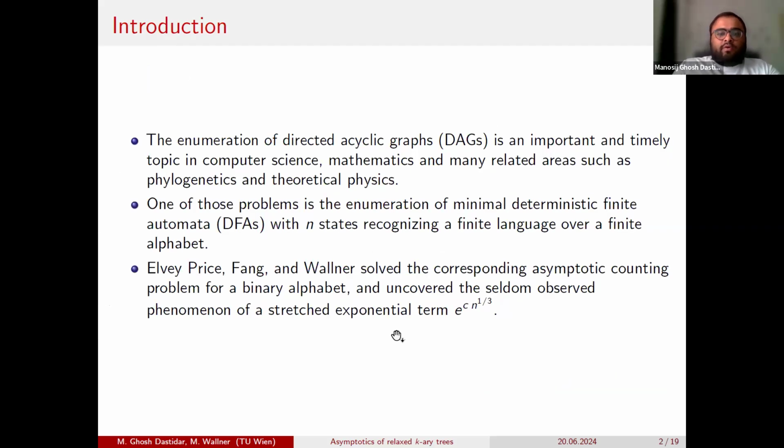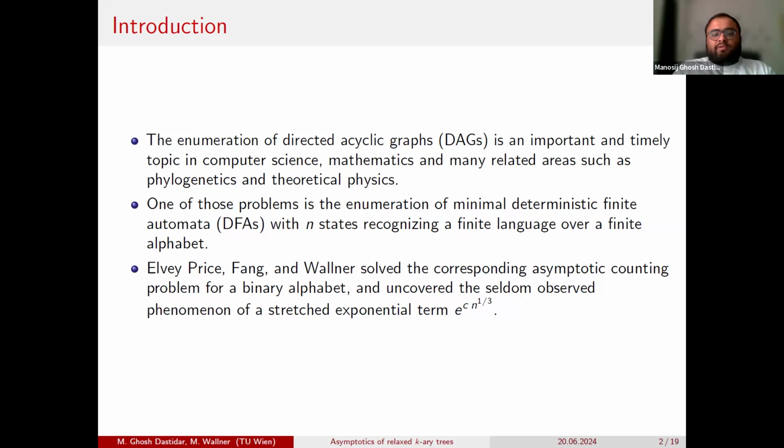The enumeration of directed acyclic graphs, or DAGs, is now an important topic in places like computer science, where you have scheduling, data processing, optimization problems, and so on, in combinatorics, as well as in places like phylogenetics and theoretical physics, where they look at space-time as a causal set which can be represented using DAGs.